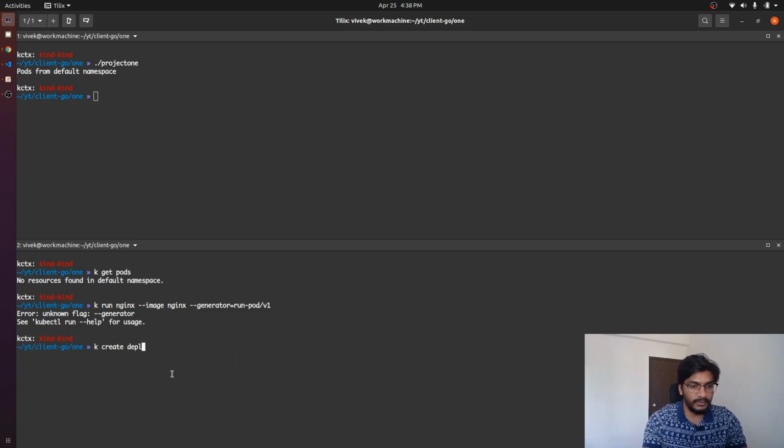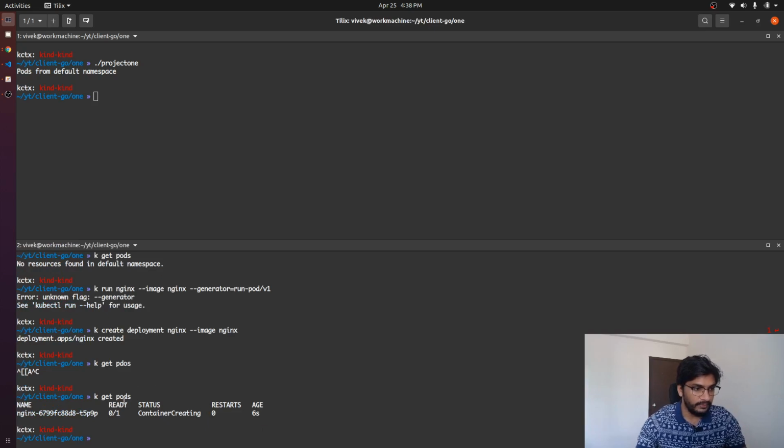So kubectl create deployment nginx --image nginx, it should work. And now we have a pod in default namespace. Now our application should also return the same pod,